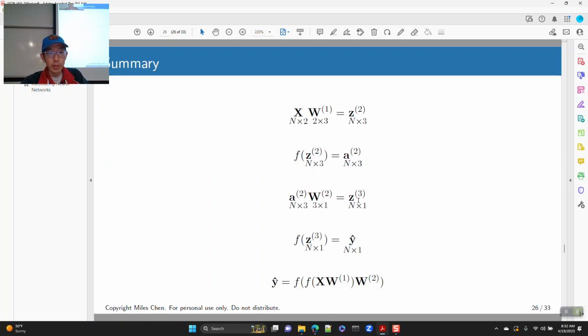Okay, so putting it all together, we have our input matrix X, n rows and 2 columns. We multiply our input matrix X times our first weight matrix. That gives us Z2. We apply an activation function to every value in Z2. That gives us our activated values. Then we take our activated values and multiply them by the second weight matrix, W2, which gives us Z3. And then we apply our activation function to all of those values in Z3,